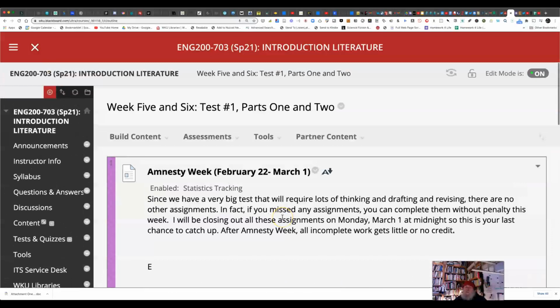It'll probably be Wednesday or Thursday before I do that. There are no Zoom sessions this week because you're working on the test. However, I will be there if you want to talk to me about the test on Wednesday or Friday. Either you come either day or come both days. I'm not going to be there on Monday.